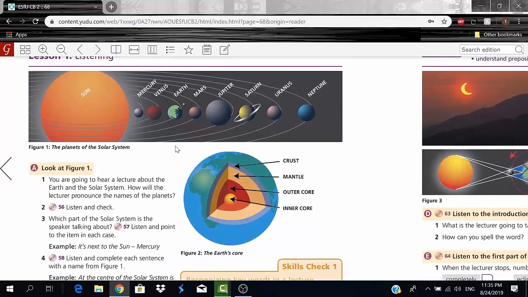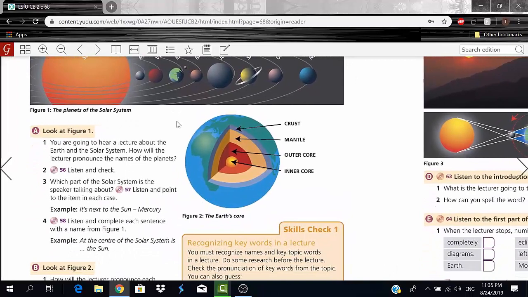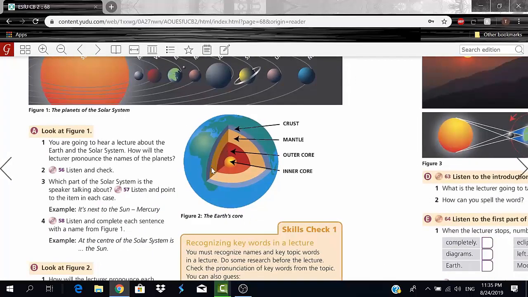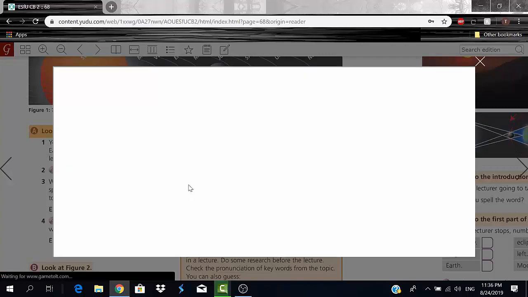Okay, so here we have exercise A. Let's take a look at figure 1. So here we have the Earth, okay, obviously our planet, and I don't know if you guys know this or not, but we actually have different layers in our planet. So we have the crust, right, and then we have the mantle, outer core, and finally inner core. And the deeper you go, you guys, the hotter it gets, right? So the deeper you go, the hotter it gets temperature-wise, okay? So now let's open exercise A here.